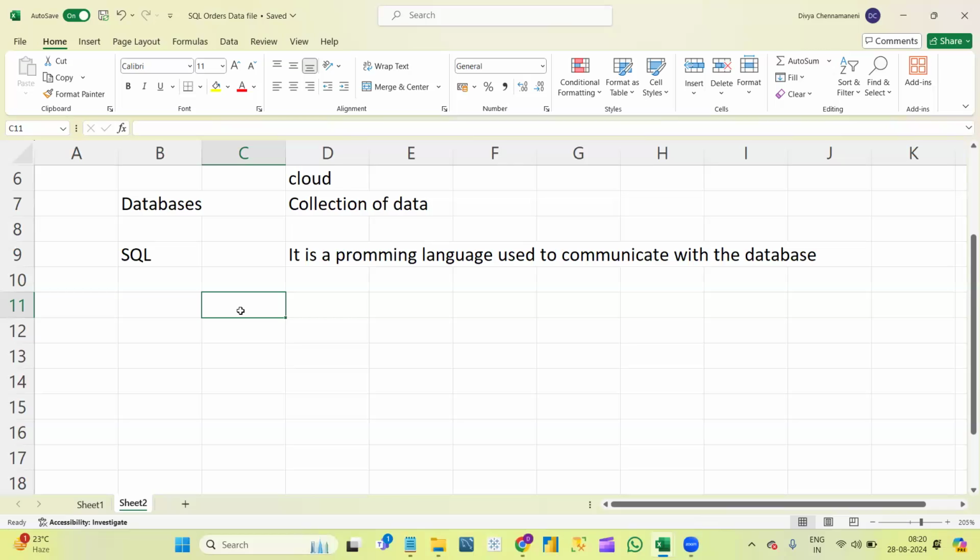If you are from an IT background, we have database concepts in the BTech, right? So for those people there is no need to explain with examples. If at least one student in my batch is from a non-IT background, I will try to explain with examples so that they can relate to it very easily. That's the reason I asked. So let me take the example.